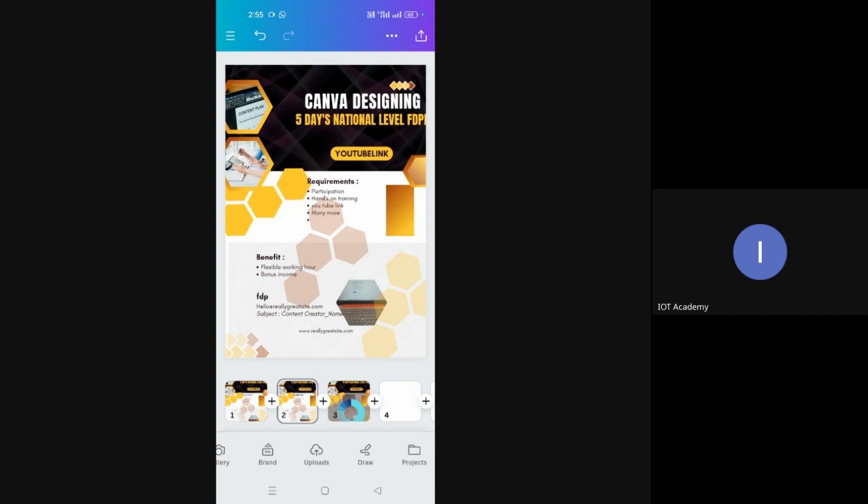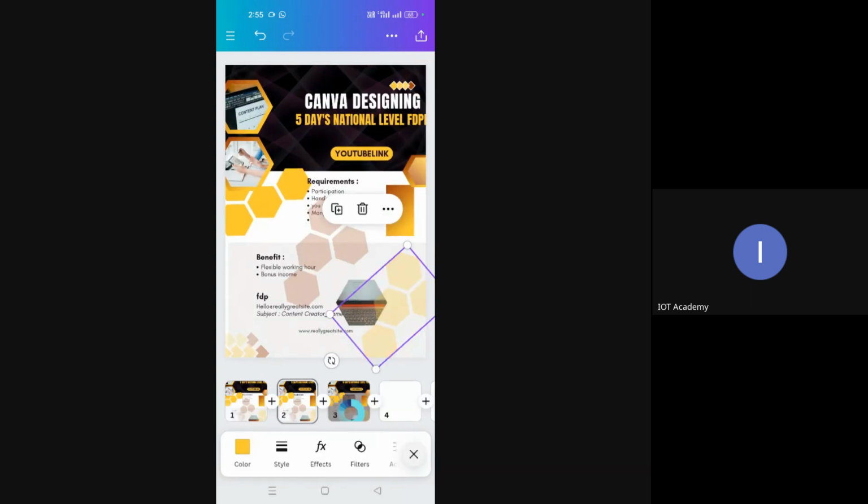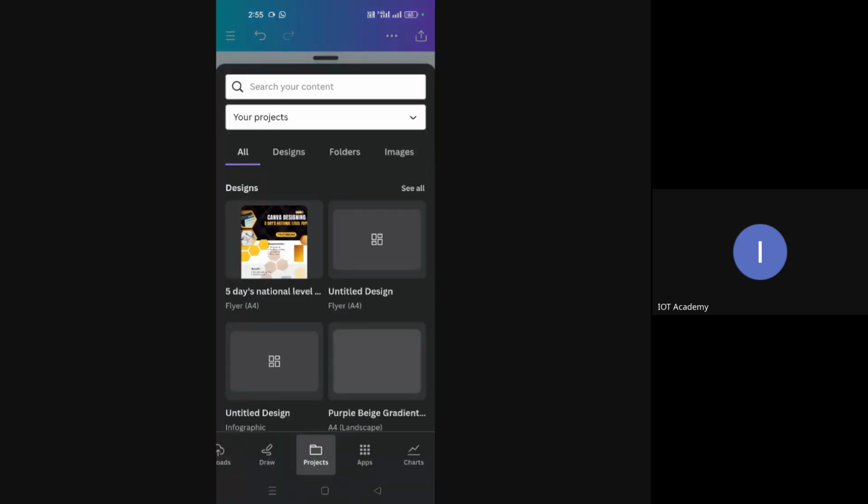Insert the photo and editing. Uploads, you can upload any important documents, pictures, images from online. Drawing you can do, right, with the three pens that are provided. Besides colors, textures, any other effects, filters, etc. Still, you can use projects which are already available if you wanted to combine and then do. That way, you can still see.